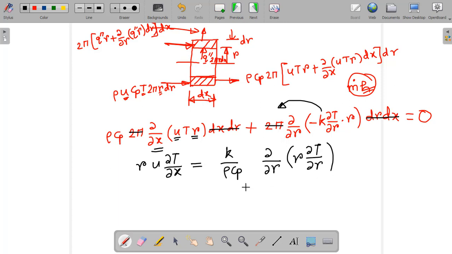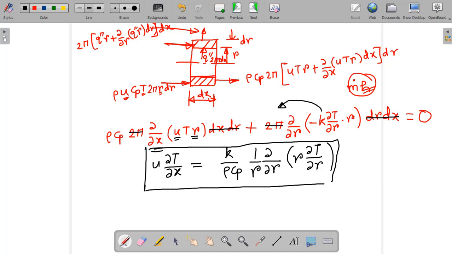This r you can take on this side, so you can write 1 by r into this, and this will be the governing equation